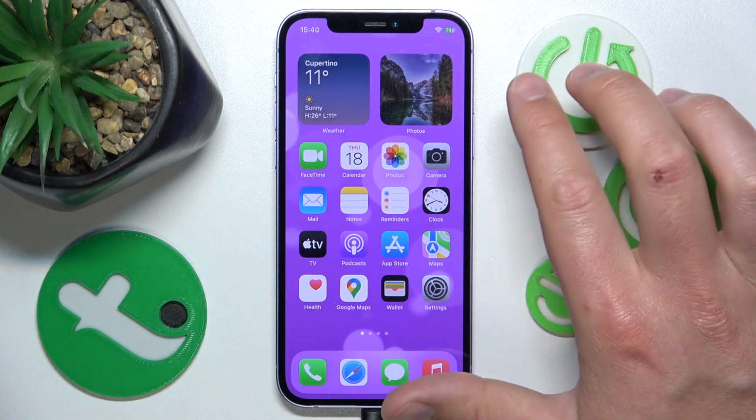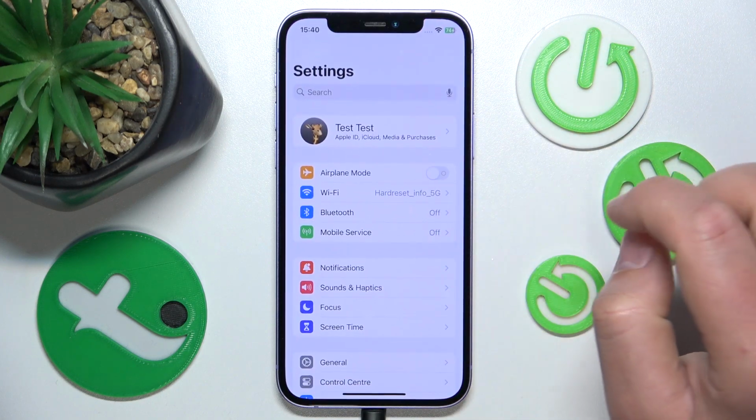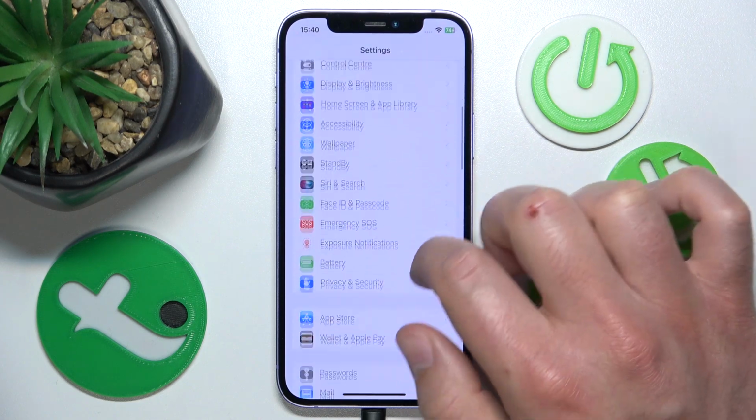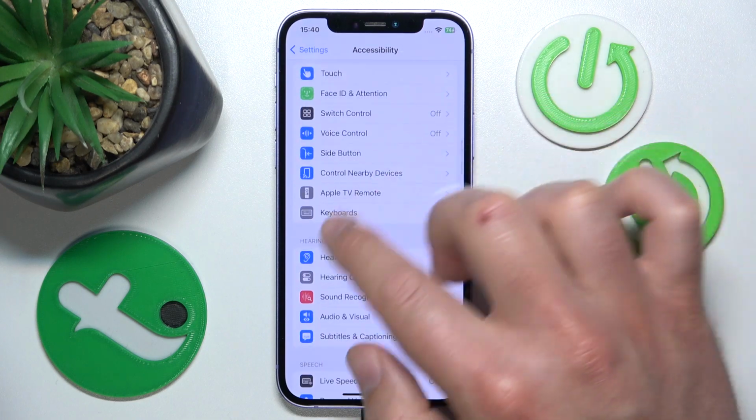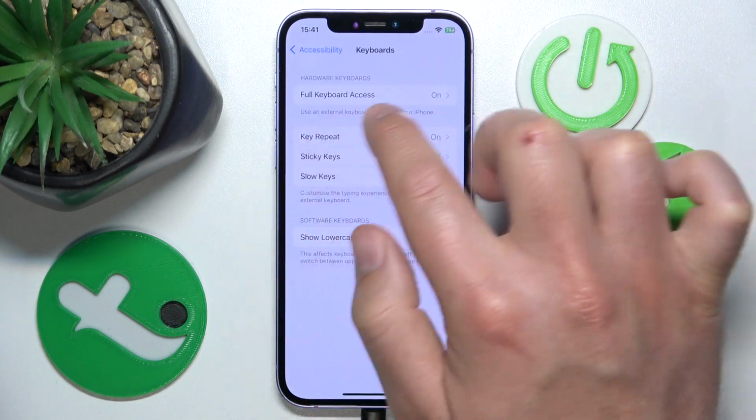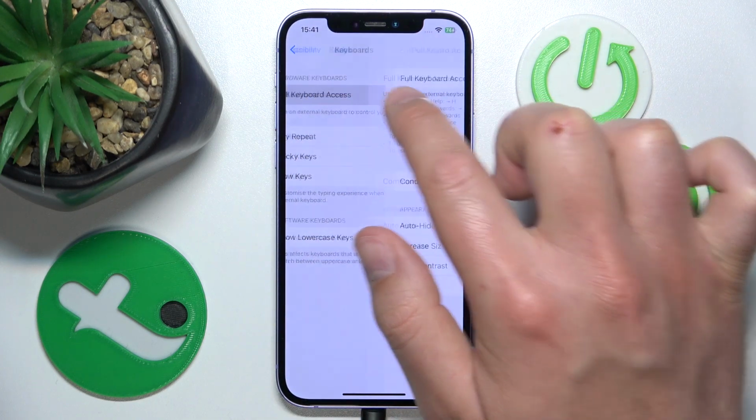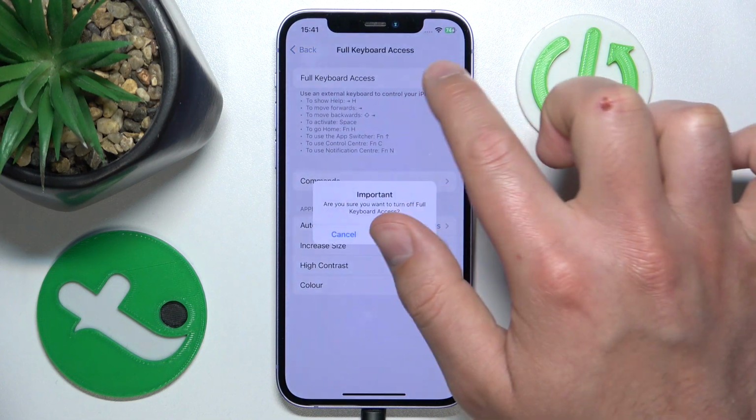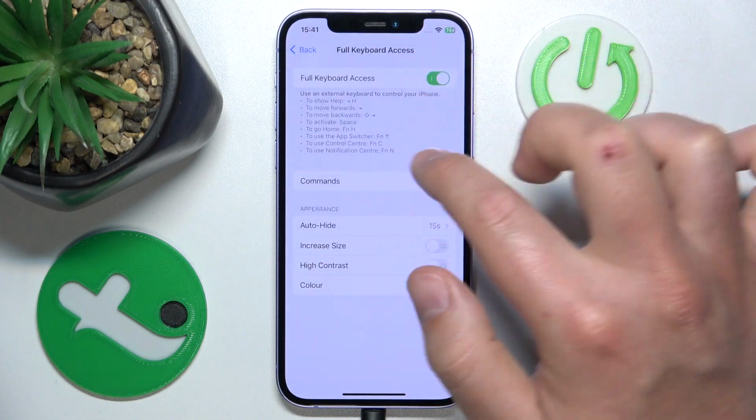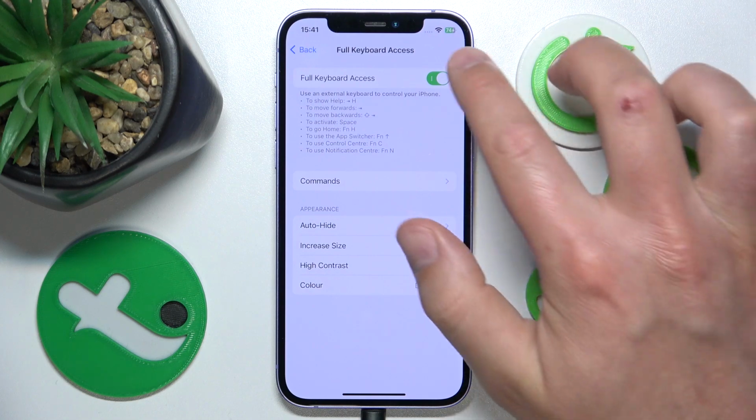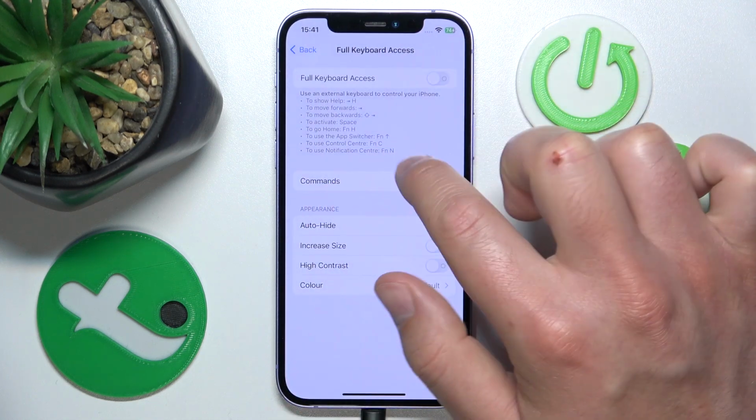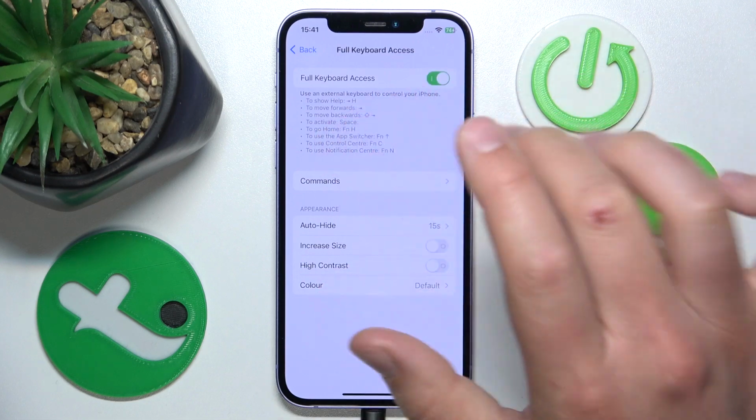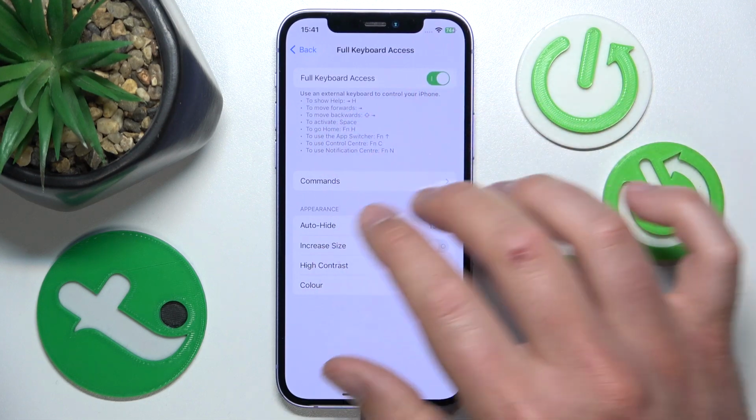every iPhone. So what you want to do is to open settings, then you want to swipe down a little bit, tap on accessibility, then you want to swipe down, tap on keyboards, and then go to the full keyboard access. Now you need to turn on the feature to make it work. You can customize your commands without having it on, but obviously if you're customizing commands you want to turn on the full keyboard access. What it does is